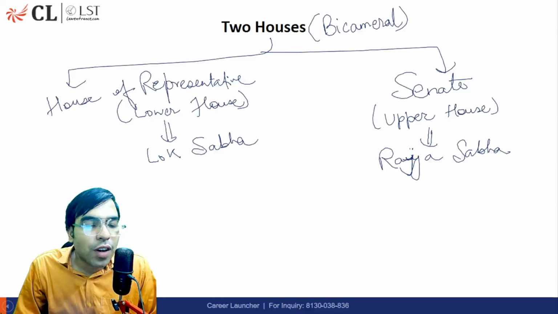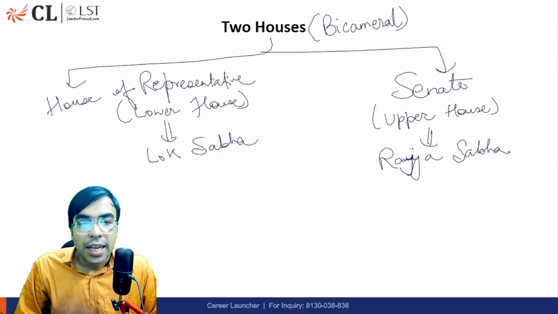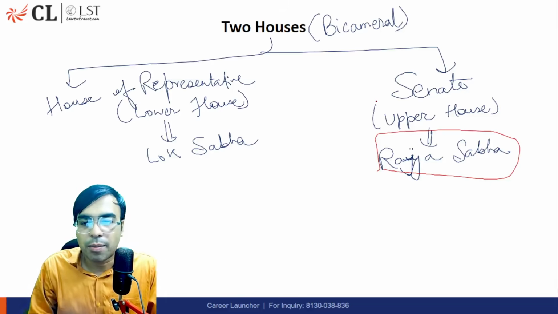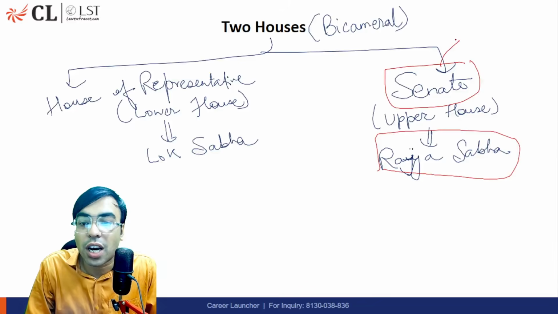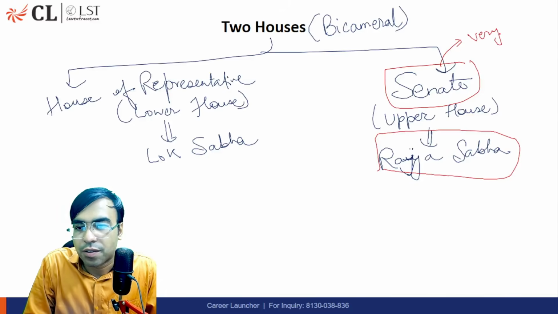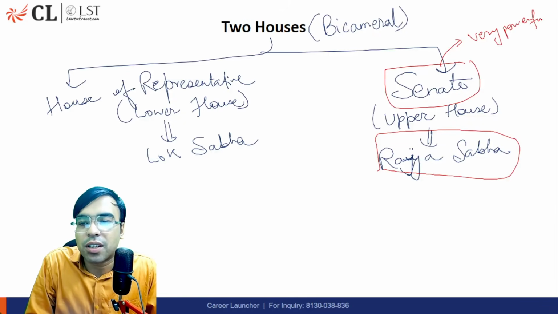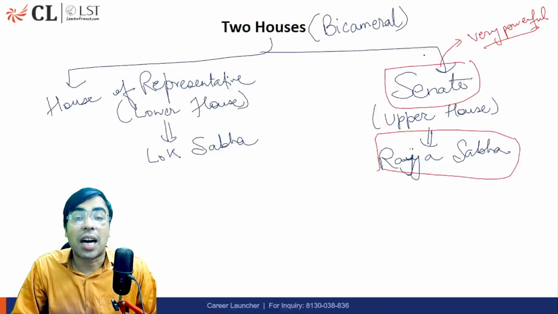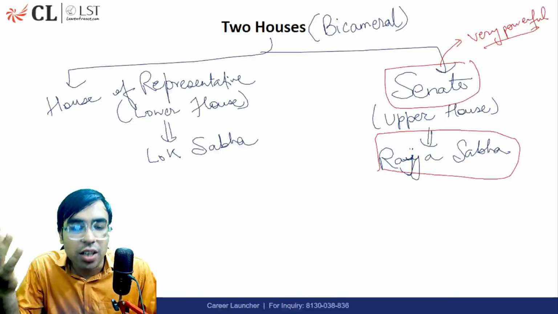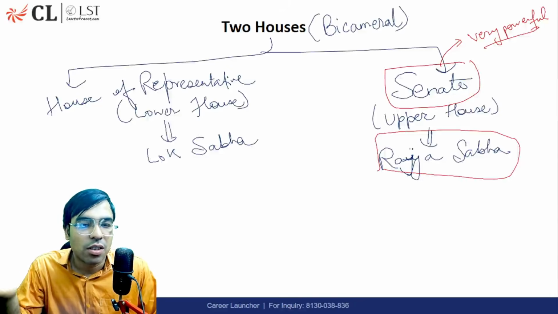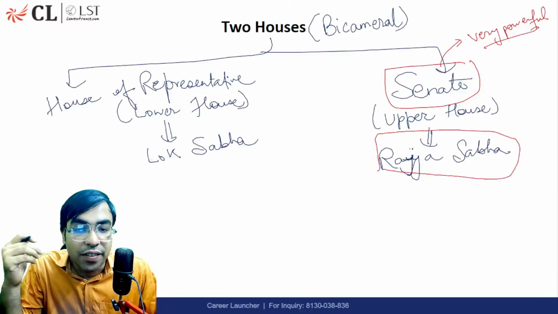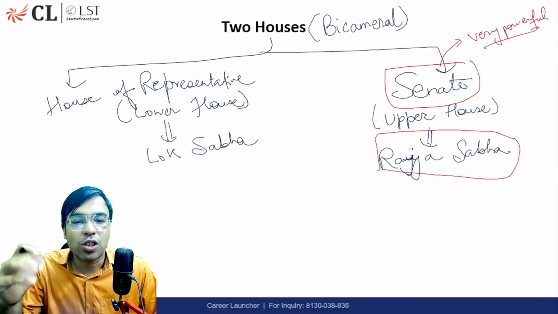But you should know one more thing: as compared to Rajya Sabha, the Senate is much more powerful. It is said to be one of the most powerful upper houses in the entire world. Generally we believe that lower houses are more powerful, but in the USA, the Senate, the upper house, is very powerful. I'm not going into detail on how powerful, but you can remember that they can block the budget also. In India, the budget needs approval only from Lok Sabha, but in America even the upper house, the Senate, can block the budget. So the Senate has a lot of powers.